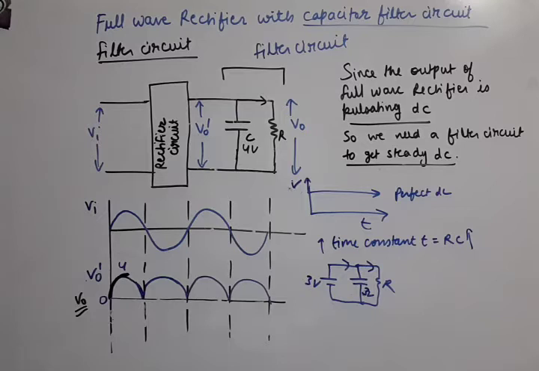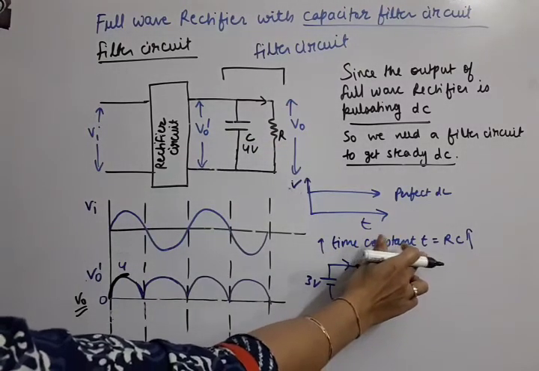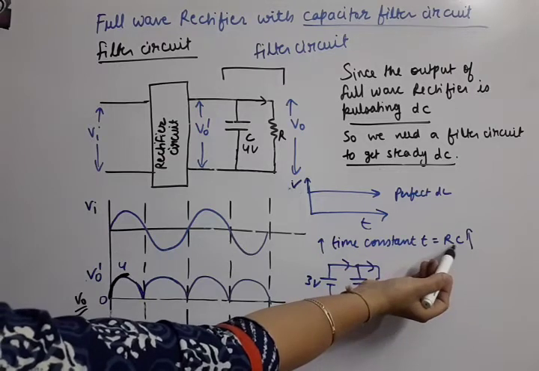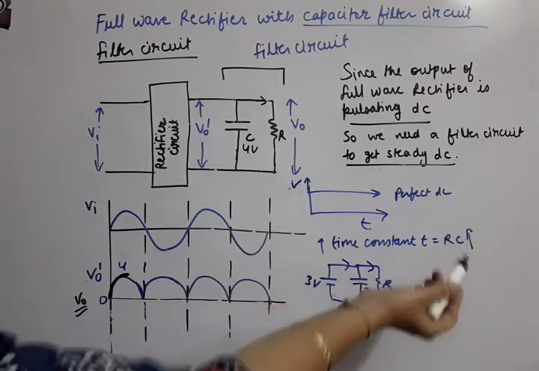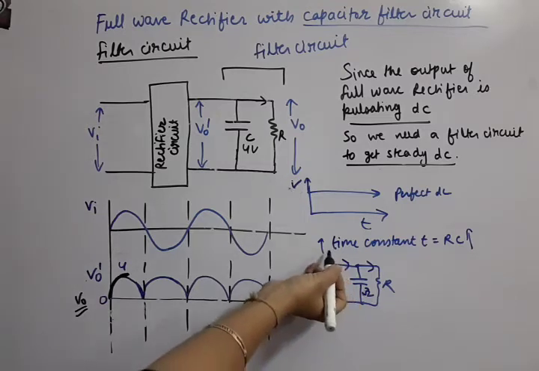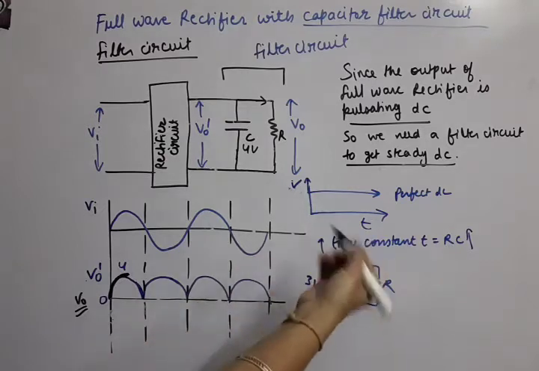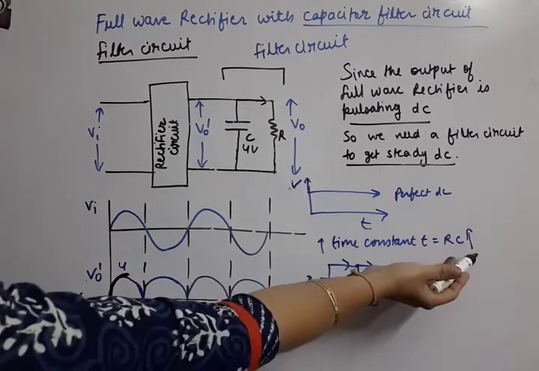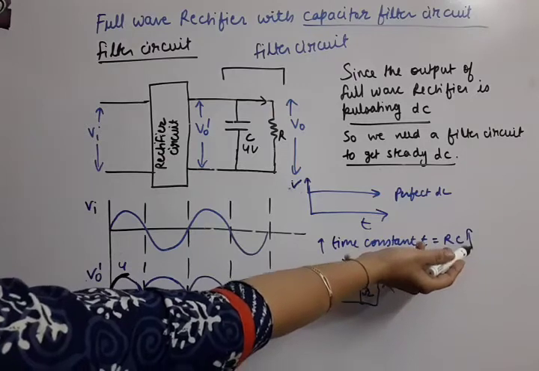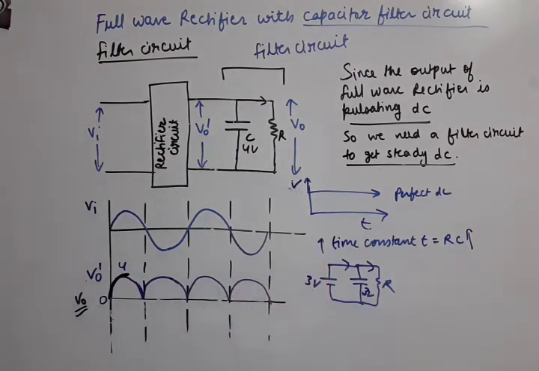The rate of discharging of the capacitor is controlled by this time constant T. The formula is T equal to R into C. So we can keep such R and C values so that the time constant is greater. That means the time to discharge is greater. If we keep C of some large value, our time constant will also come out large. That means the capacitor will take more time to discharge.